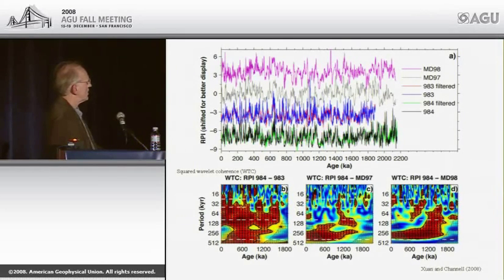And in fact, the form of the curve doesn't change very much, and when we do the same operation on site 983, it doesn't change very much. So it's clear that this contamination is not debilitating to the paleointensity record. Indeed, the fact that we could generate a paleointensity stack which was consistent with the isotope data from the Atlantic